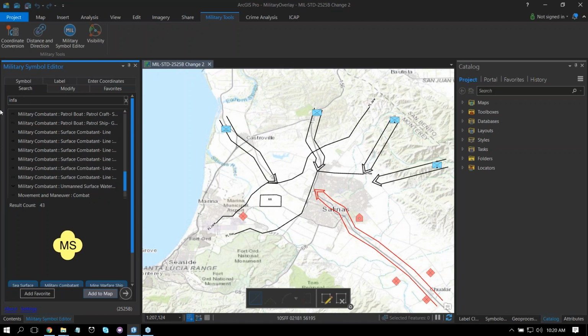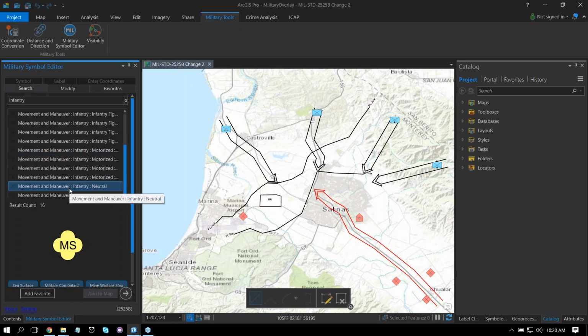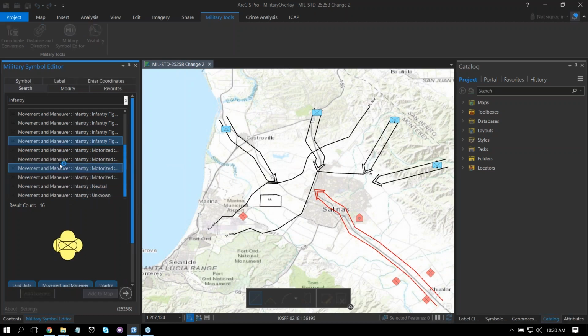We went back to kind of where we started and said, well, I have an infantry unit that I need to add. And I know a little bit about this infantry unit, but I'm not sure how to draw it if I was looking at the symbol ID code. So instead, I want to draw it by giving the elements of the symbol that I understand. So let's say, for instance, it is a